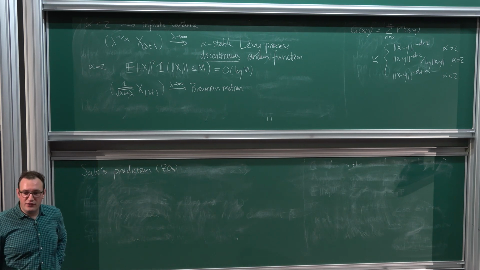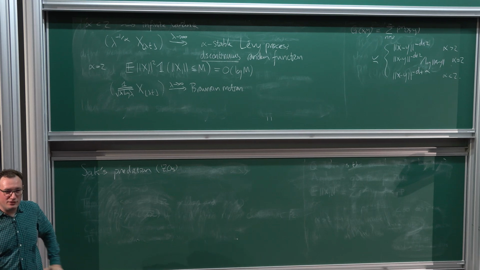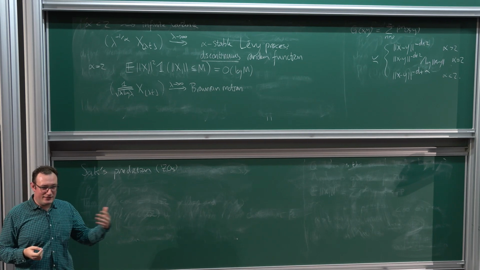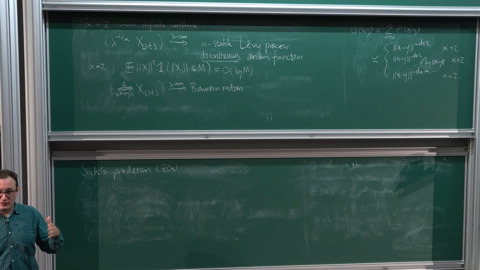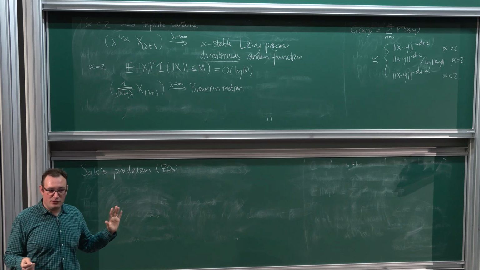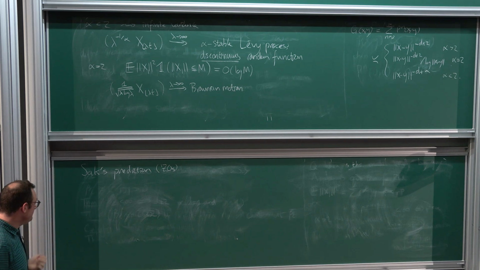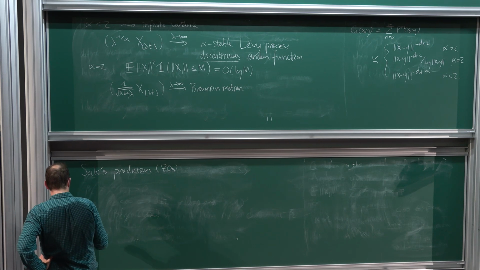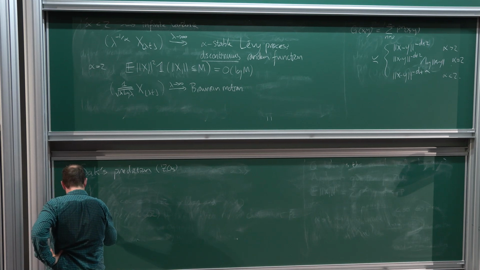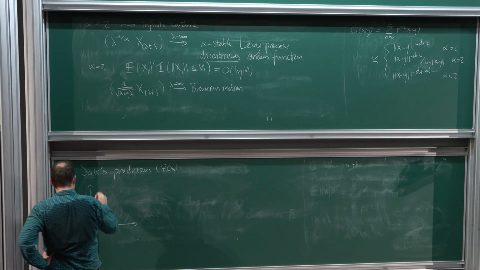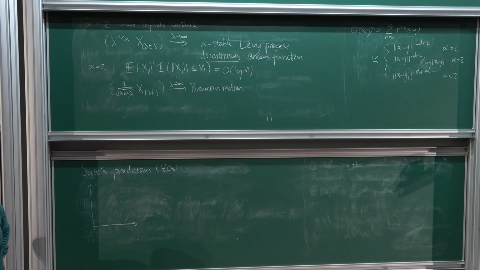Now, he was working with the Ising model, not with percolation, but again, as with many of these things, the basic form of these conjectures is exactly the same across all these different models, so let's stick with percolation. So his conjecture, or again, it's a prediction. I mean, he had a non-rigorous physics calculation supporting this.